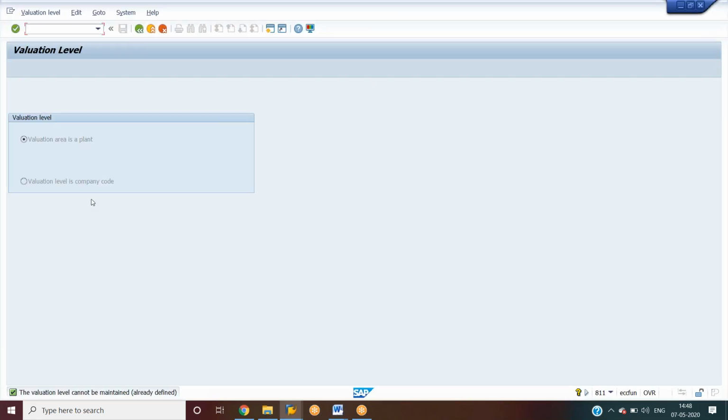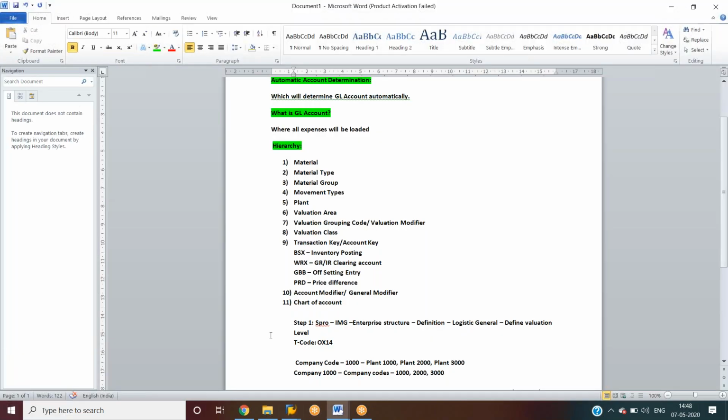If we maintain the valuation area at company code level, then under one company code we may have a different number of plants.